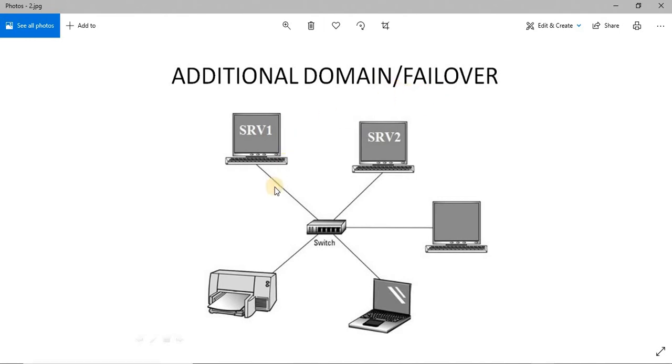Failover is simply a mechanism to keep one standby server. When the one server goes down, the second server will take over. Of course, there must be synchronization in between these two. That means if one object was created in server 1, immediately that object should be replicated in